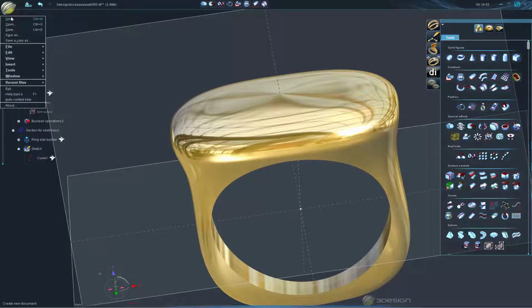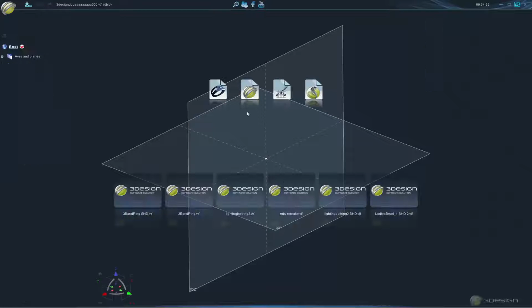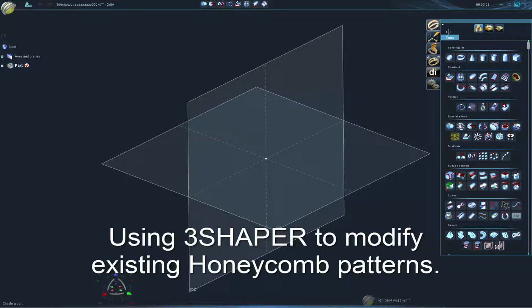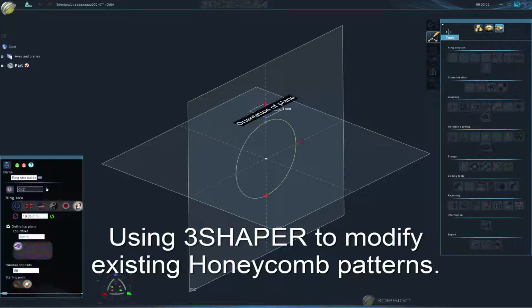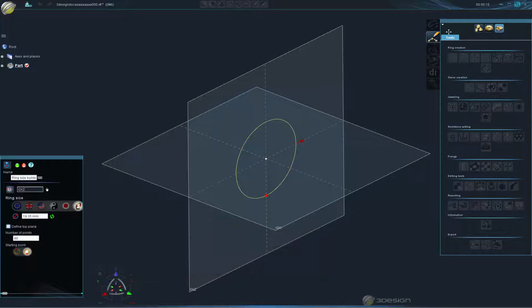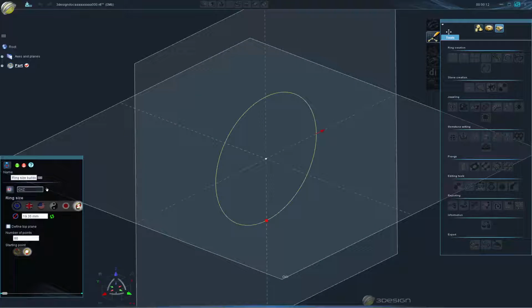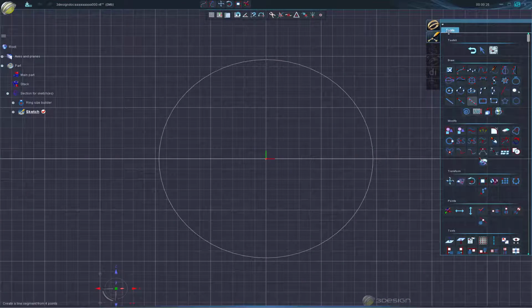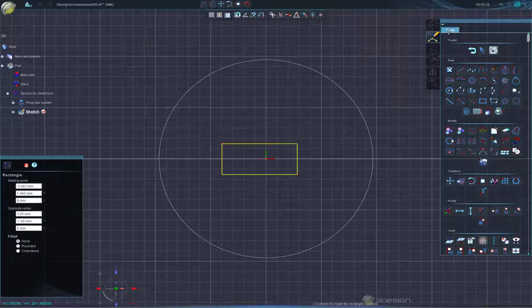So let's go ahead and do a new ring here. And we'll do a quick ring size builder. And I don't need the plane. I'm going to place my starting point at the bottom. If you remember from last time, we can now do that. So that's going to put the surface edge down at the bottom instead of the top like we used to be stuck with. And we'll do a profile shape, a cross section,